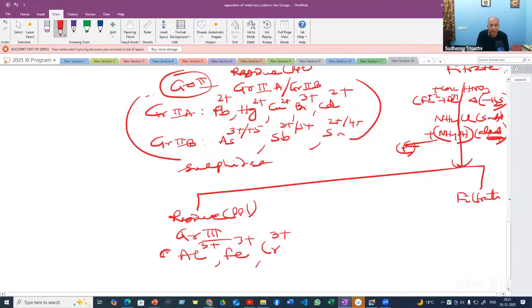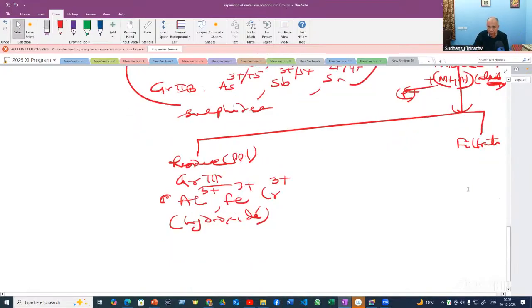So group 3 pudia, their hydroxides are all hydroxides, but the colors are different. Aluminium hydroxide is white, ferric hydroxide is reddish brown, chromium hydroxide is green. I told you that everything is there, so it means you get a mixed color. You don't get any particular color. But in your book, for aluminium it is gelatinous white, for ferric it is a reddish brown or brown precipitate. Chromium is not there in your book. So the filtrate is again collected,